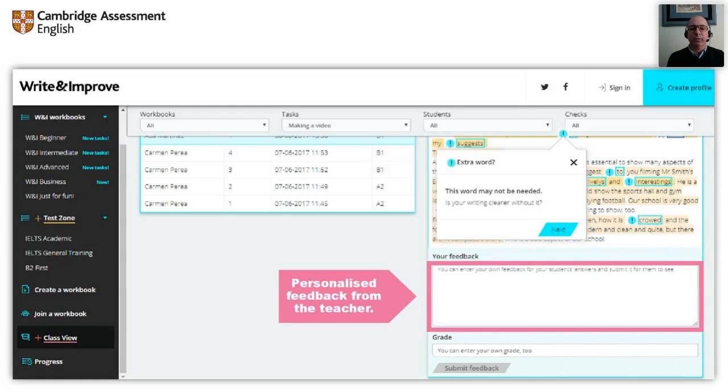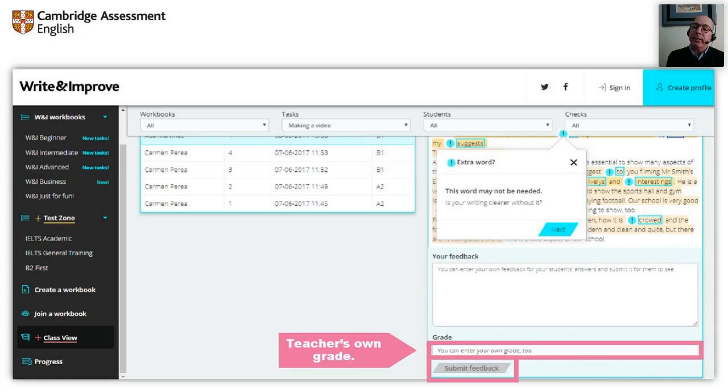But along with the feedback from the platform, you can also add your feedback to your learner here. So you can personalize feedback, and you can also add a grade of your own. So to add up to the feedback from the platform,